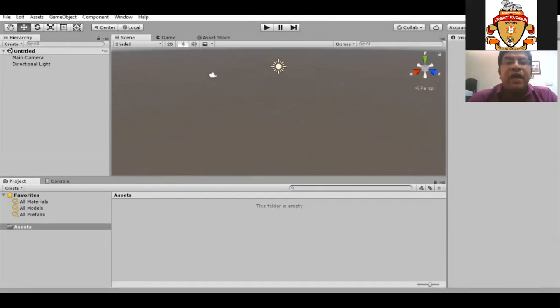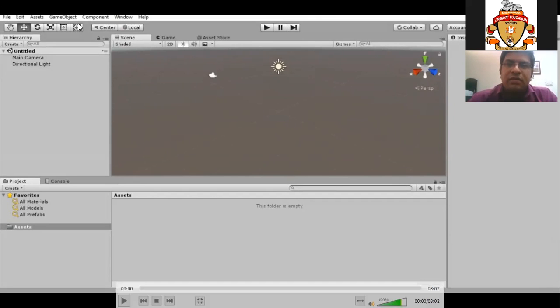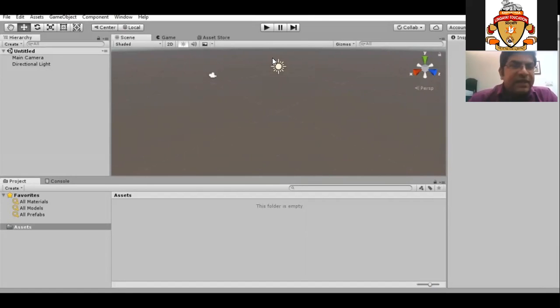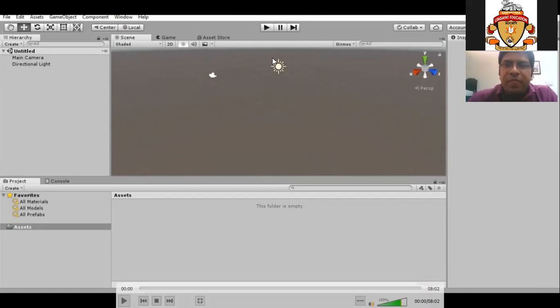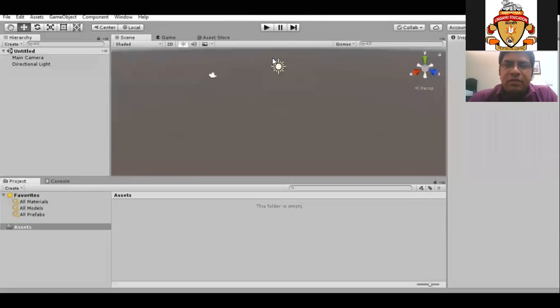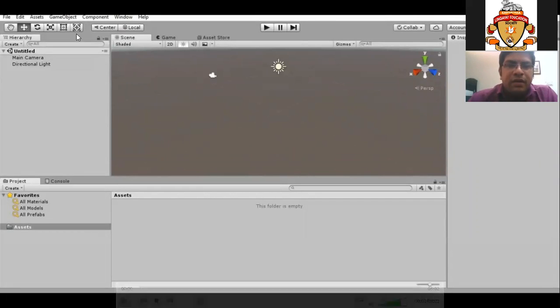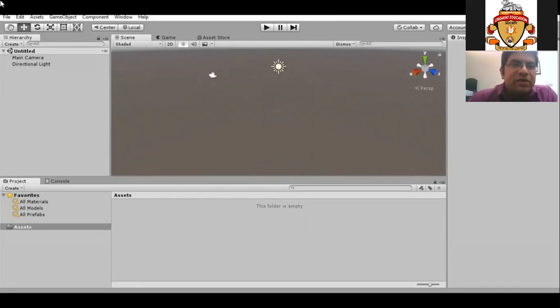So what we have to first do is save the scene. If we want to develop an AR application or a .exe application or an iOS application, an Android application, or those types of applications, we first have to save the scene. Right. Okay, I will discuss that matter afterwards.